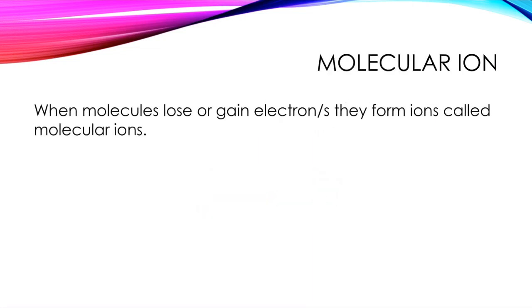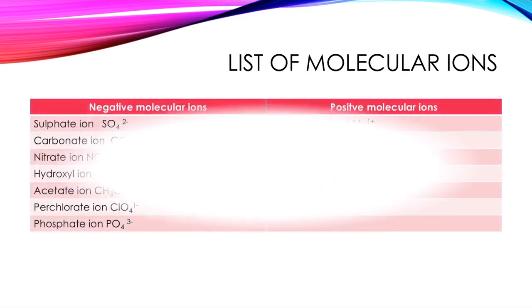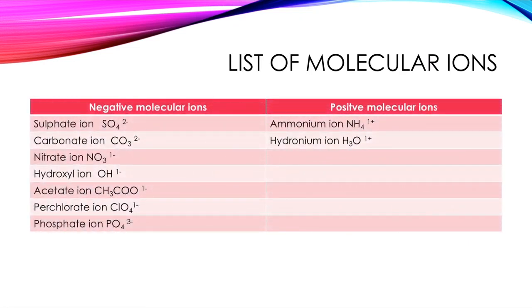What is a molecular ion? When molecules lose or gain electrons, we saw over there an atom losing an electron. जब हमने सोडियम की एग्जांपल देखी तो वहाँ पे सोडियम एटम था. Similarly when you have a molecule losing or gaining electrons, these molecules get a charge, and these particles are now called molecular ions. So atom से atomic ion बनता है, और molecule जब electron को lose या gain करता है, it forms a molecular ion. We have some molecular ions that we have to learn, and we should know their charges and their names.